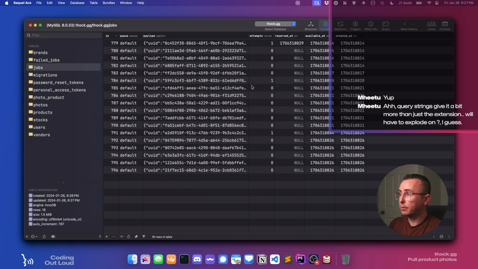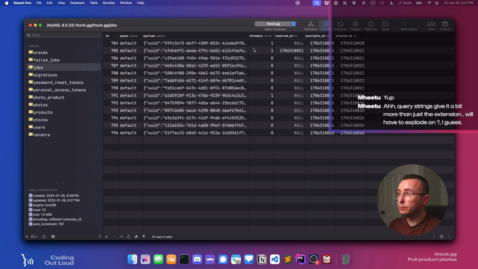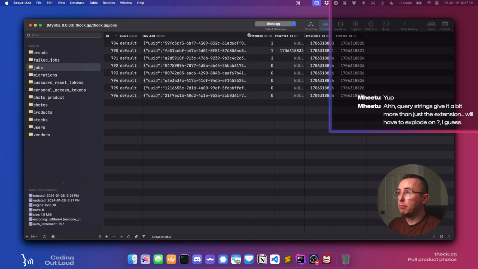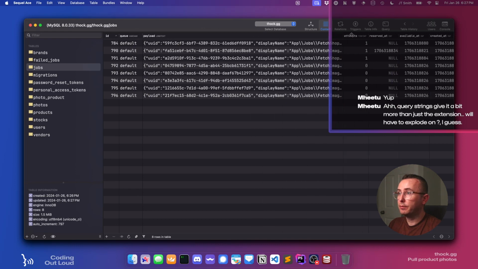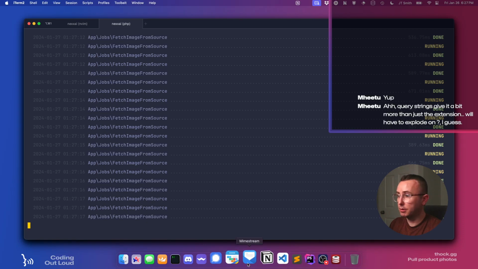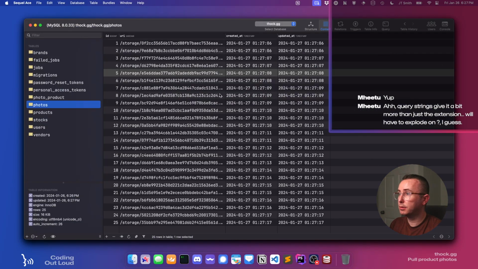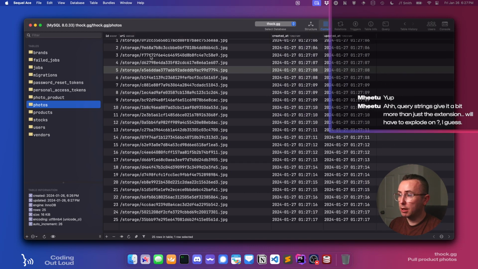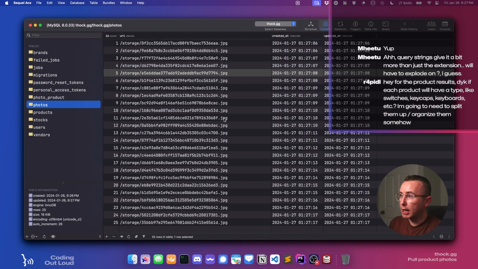Oops. My mousing today is not great. Fetch image from source. Okay, so those should happen. Yeah, fetch image from source. So now if we go to photos, beautiful. Okay, so now we have a bunch of JPEGs. So that means it's getting the correct